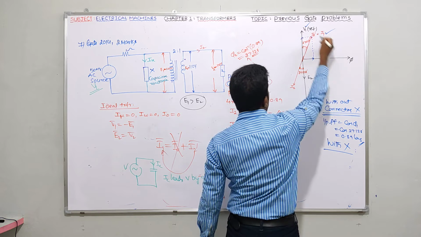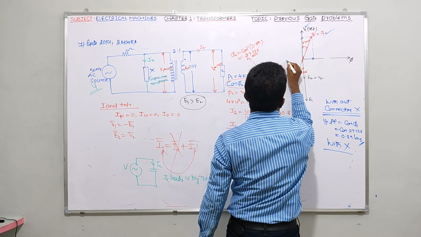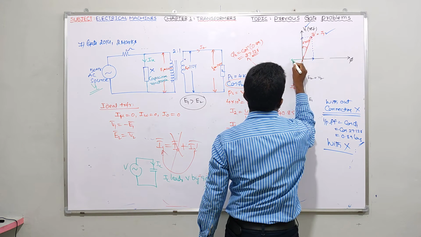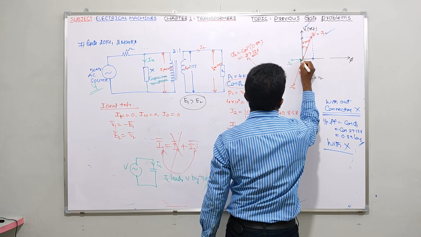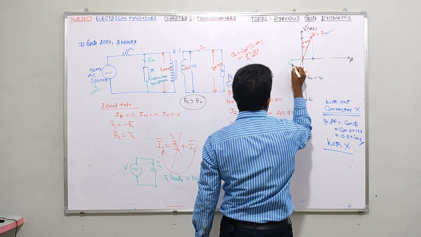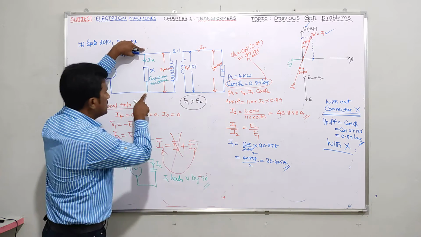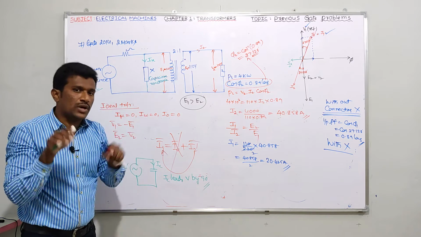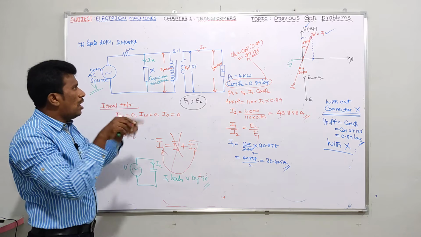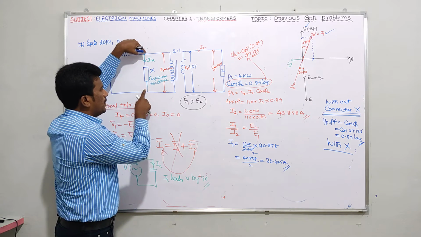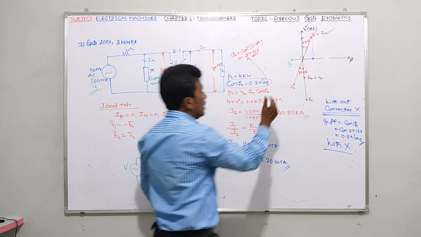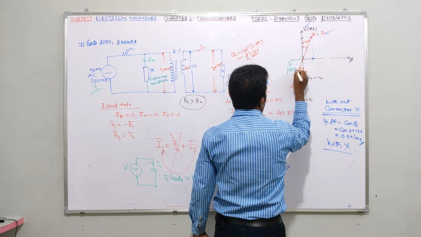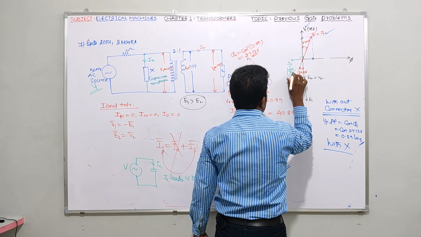V1 is the reference. Lag means you should come like this, leading should go like this. Ix leads V1 by an angle of 90 degrees. Okay. Can anybody please tell me the value of Ix here? I am asking for the magnitude only. The current flowing through a capacitor is generally V by minus jXc. I am asking only the magnitude, so mod 220 by Xc, since this is the voltage across this capacitor. If you want the magnitude of current flowing through the pure capacitor, it is mod 220 volts by mod Xc.